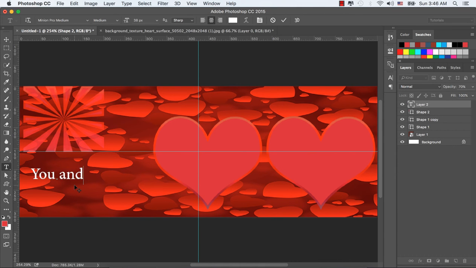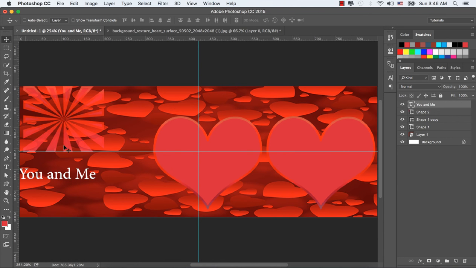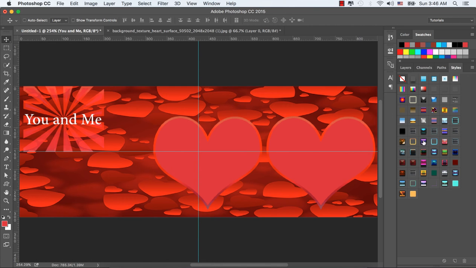And let's press T and write you and me. Select the move tool and bring this to the middle of the sun ray shape, and let's put a style on this text layer. Let's put another style, this one. Okay,